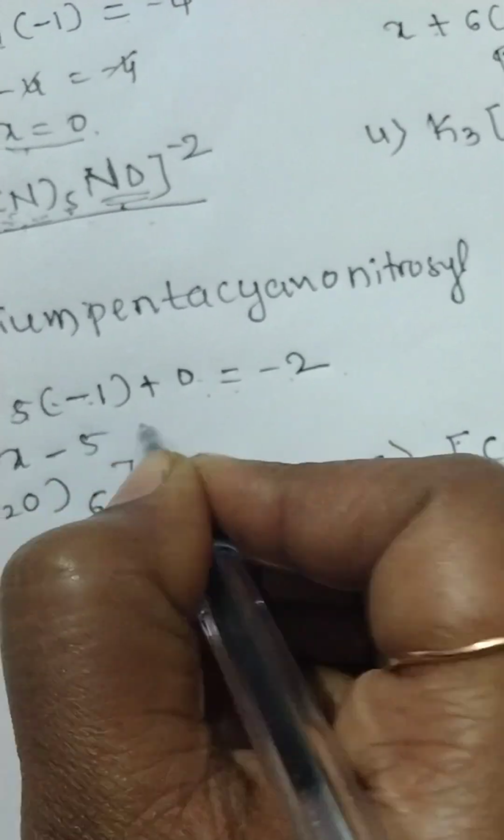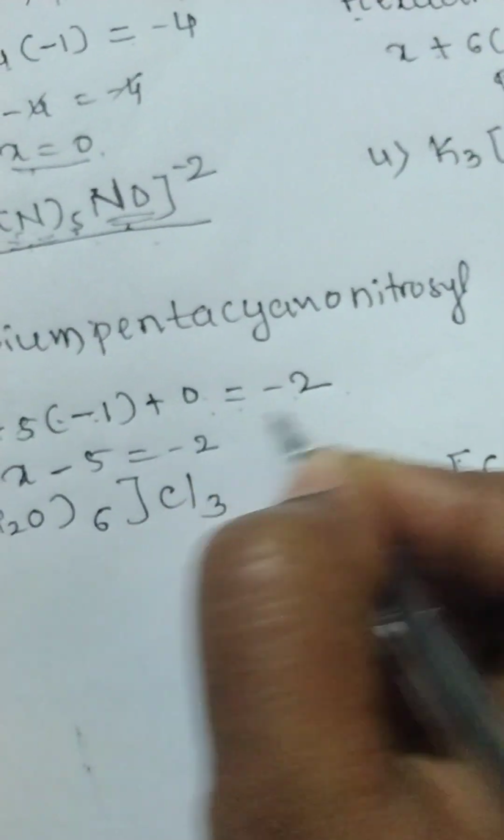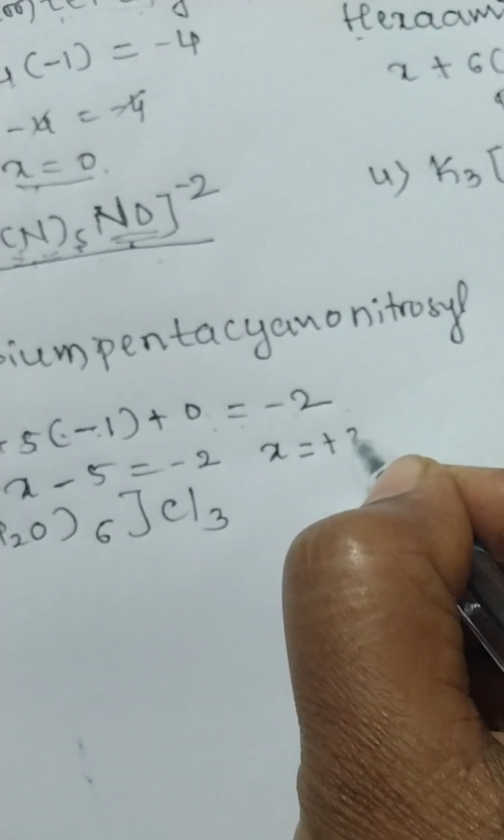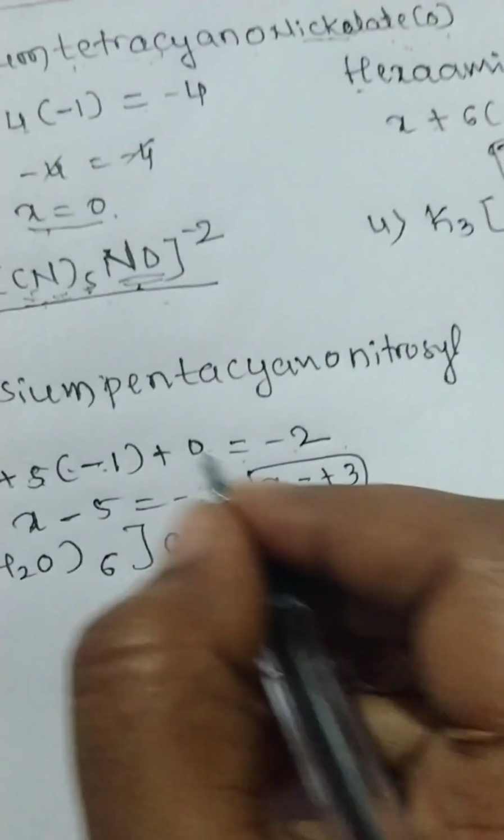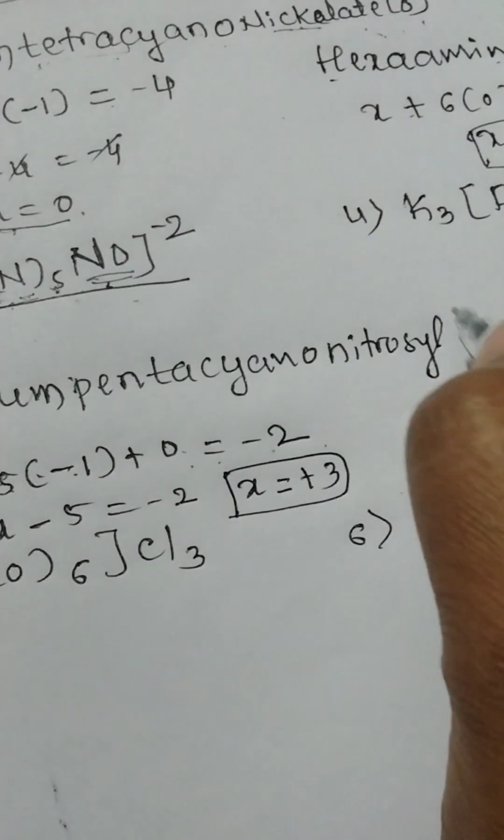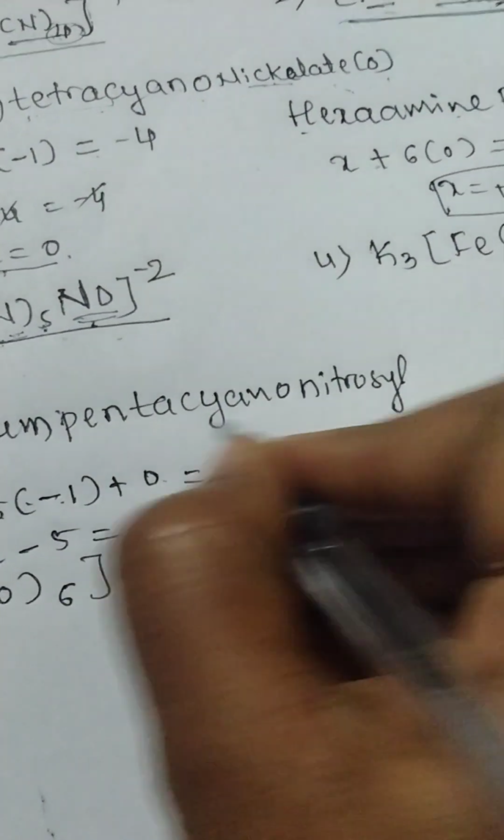X minus 5 minus 2. The value of X becomes +3. Okay, the oxidation state of the central metal is +3. So we can write as